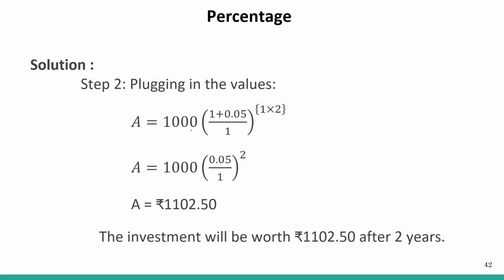Plugging in the values, what we can see is 1000 into (1 plus 0.05) whole to the power 2. So it will be equal to 1000 into 1.05 squared, which is 1.1025. So this will be equal to 1000 into 1.1025, and what we are left with is